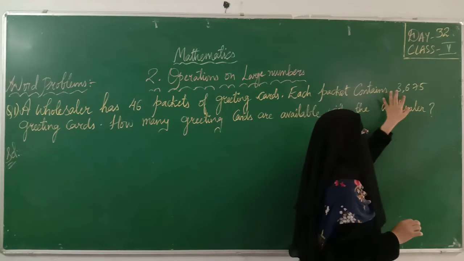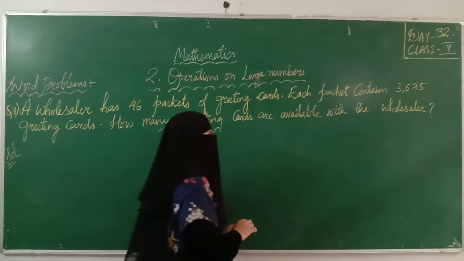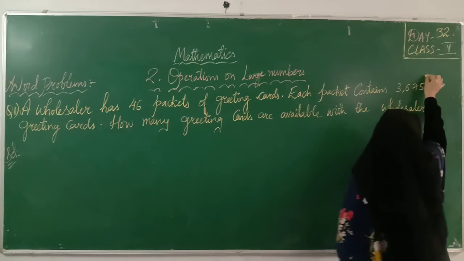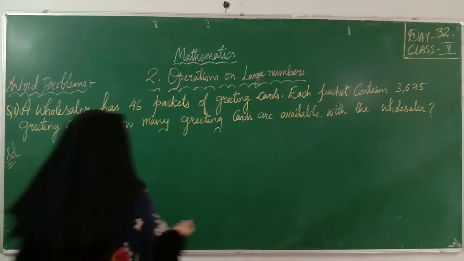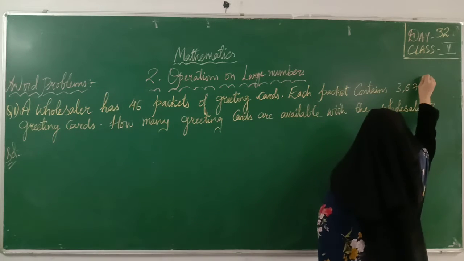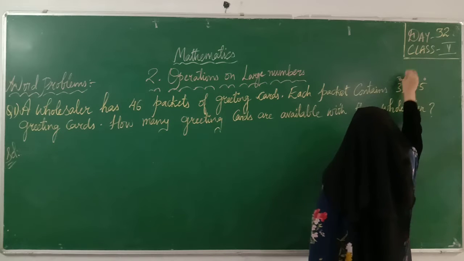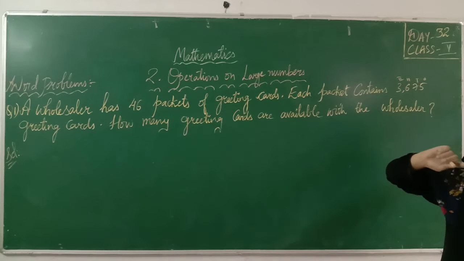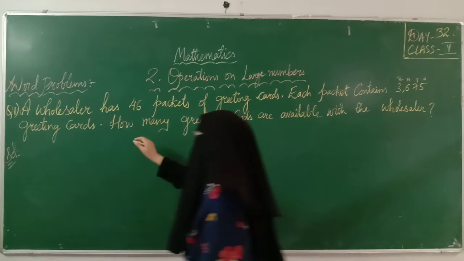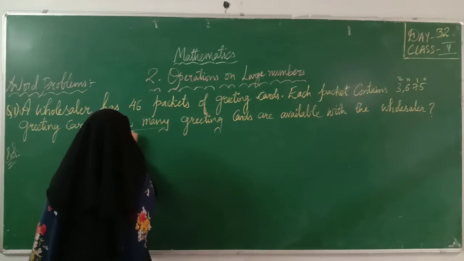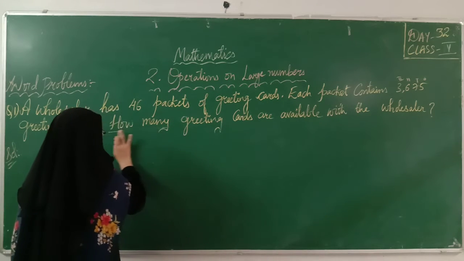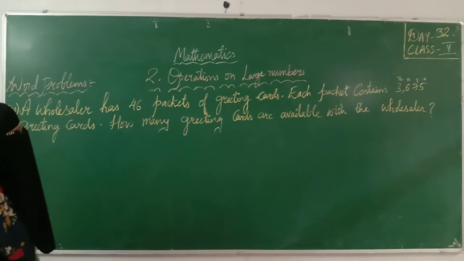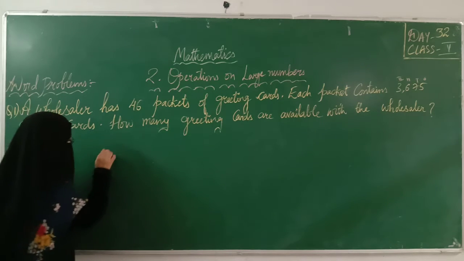3675. If you want to put the place values, put them with different chalk. Put the place values: ones, tens, hundreds, thousands, 3675 greeting cards. How many? See here, this is the most important one. How many greeting cards are available with the wholesaler? See, in the question,